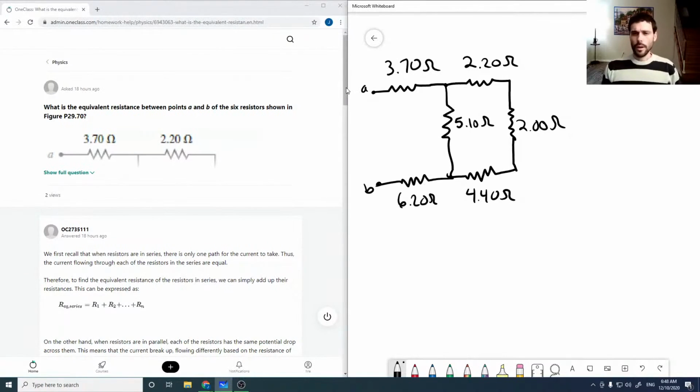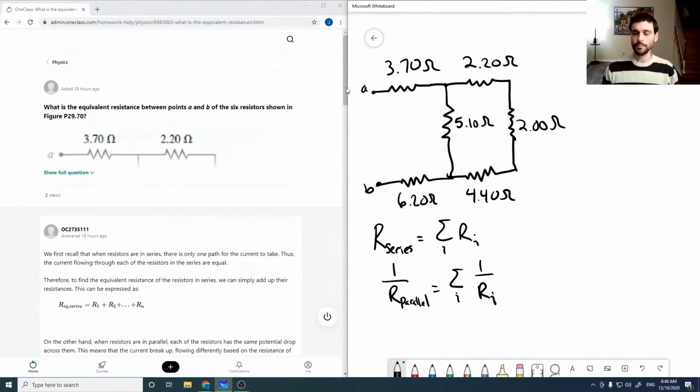Okay, so we're going to need to use just two equations here. If we have resistances in series, then our total resistance is just the sum of the resistors. Whereas if we have resistances in parallel, then 1 over the total resistance is the sum of 1 over those resistances. So now just to apply this,